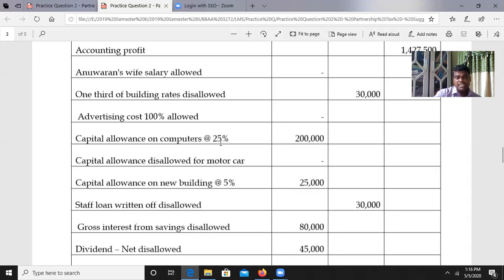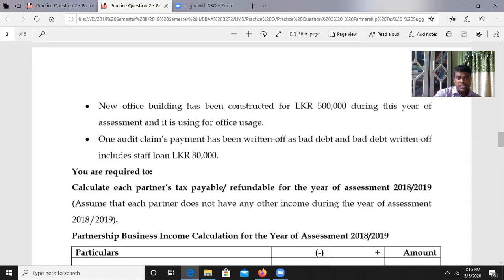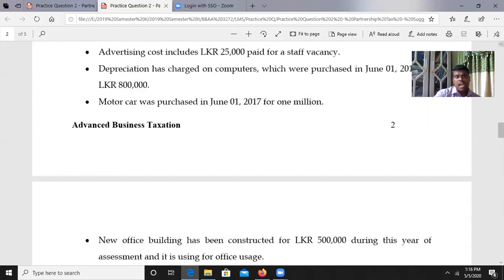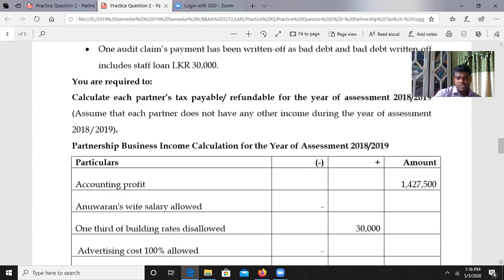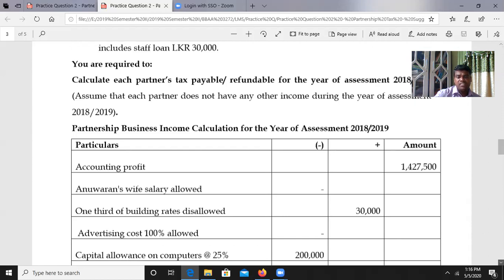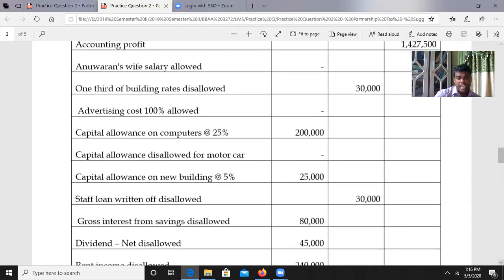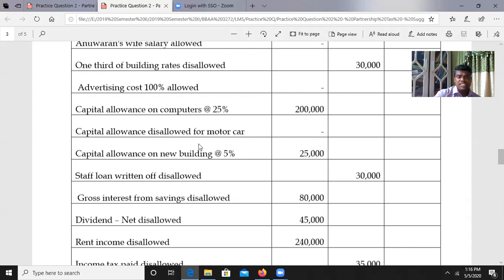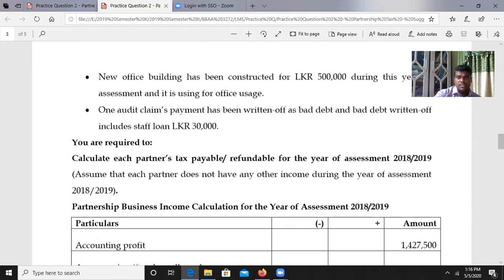Then the next note is related with the motor car, which was purchased on June 1st, 2017 for 1 million. According to the Inland Revenue Act, capital allowance cannot be allowed for the motor car. So capital allowance is disallowed for the motor car. So dash should be included in the minus column. Then note number